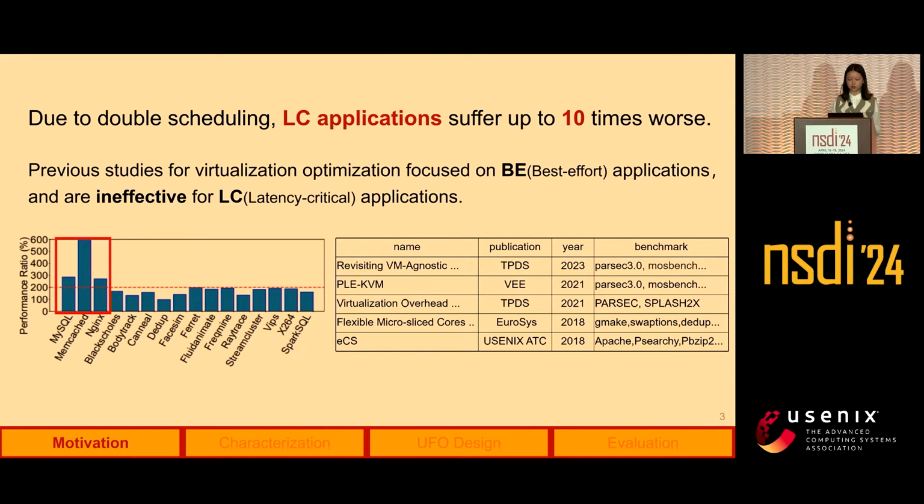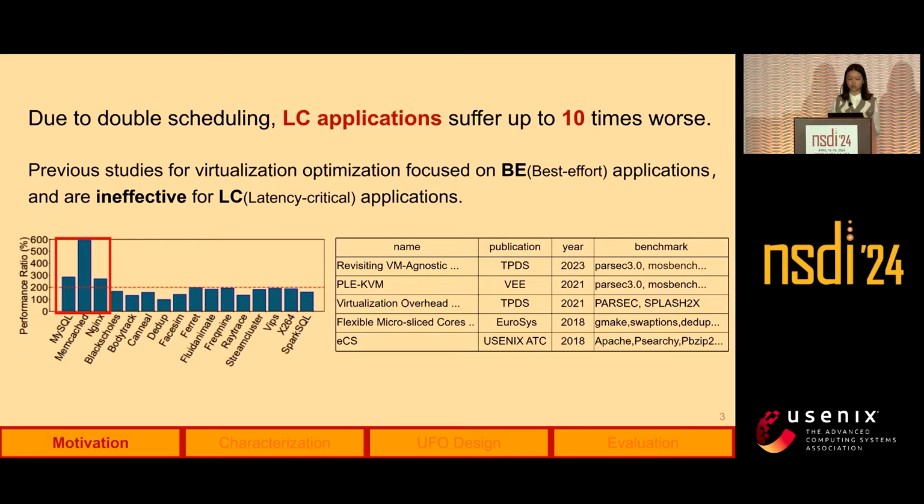The double scheduling problem leads to performance issues in the public cloud. Double scheduling means two levels of scheduling in virtualization. One is physical CPU to virtual CPU on the host OS, and the other is virtual CPU to application guest threads in the guest OS. We test the performance degradation of LC applications and BE applications under a CPU oversubscription